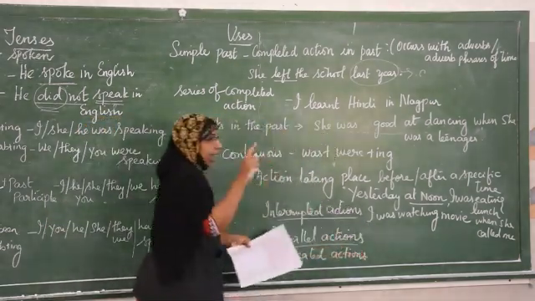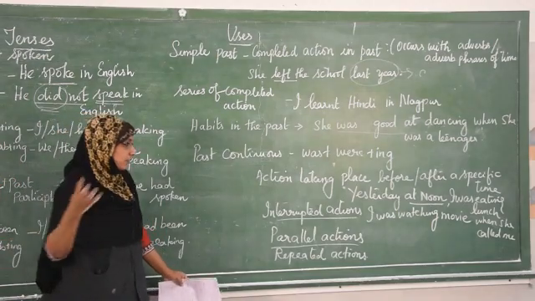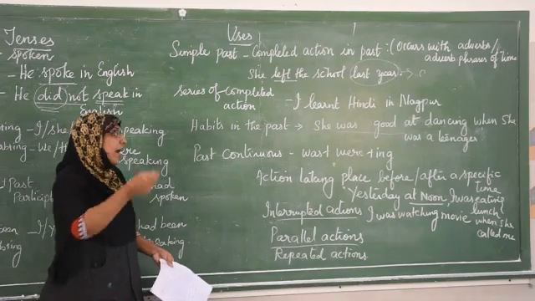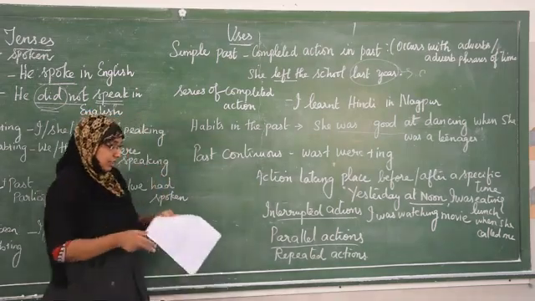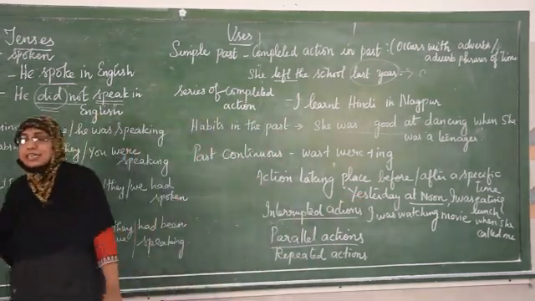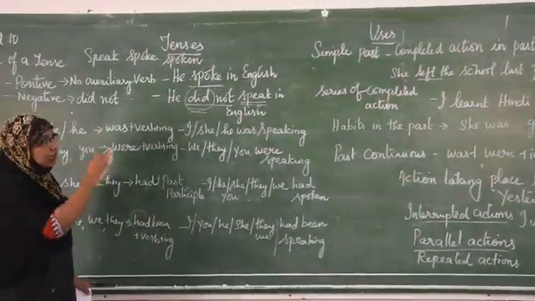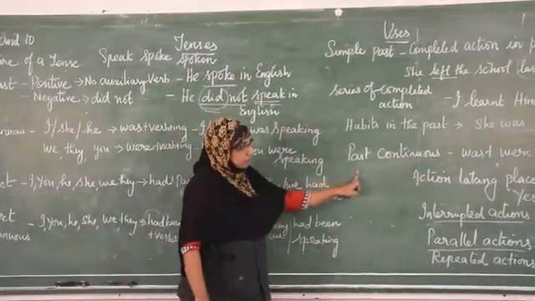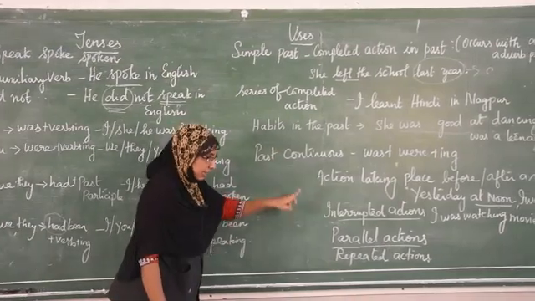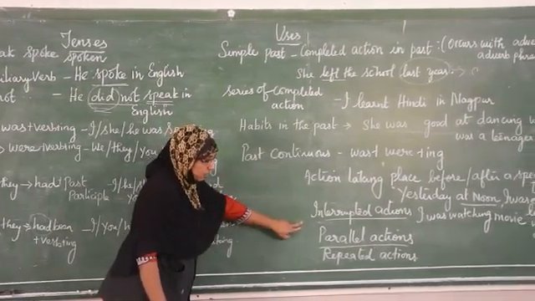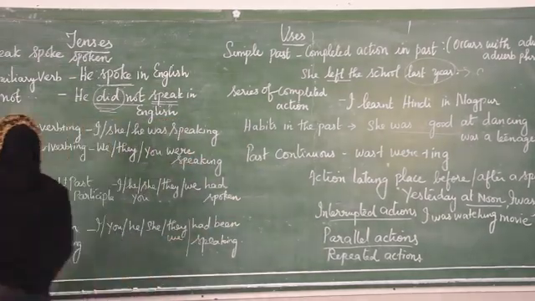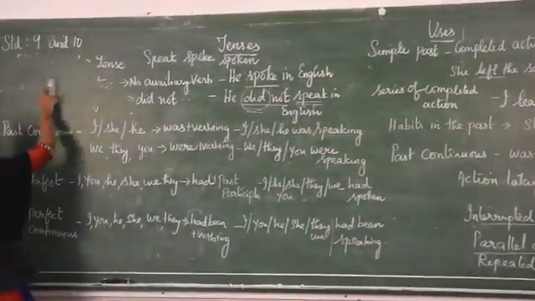For example, I was reading while my sister was writing. Repeated action means what? To indicate actions which happened frequently in the past. My last roommate was always what? Leaving dirty dishes in the sink. So it refers to the action that is taking place in the past with a specific point of time. Interrupted actions, two actions going on at the same time, repeated actions which have happened frequently in the past. Next one is past perfect tense.